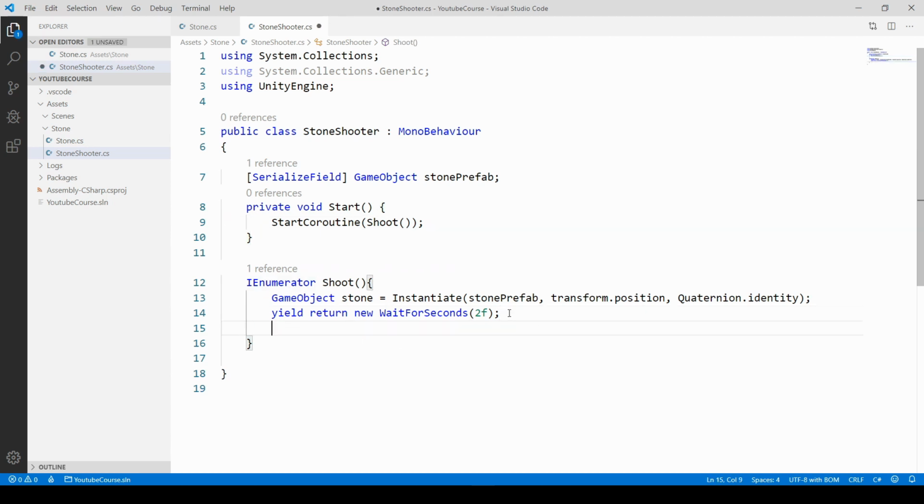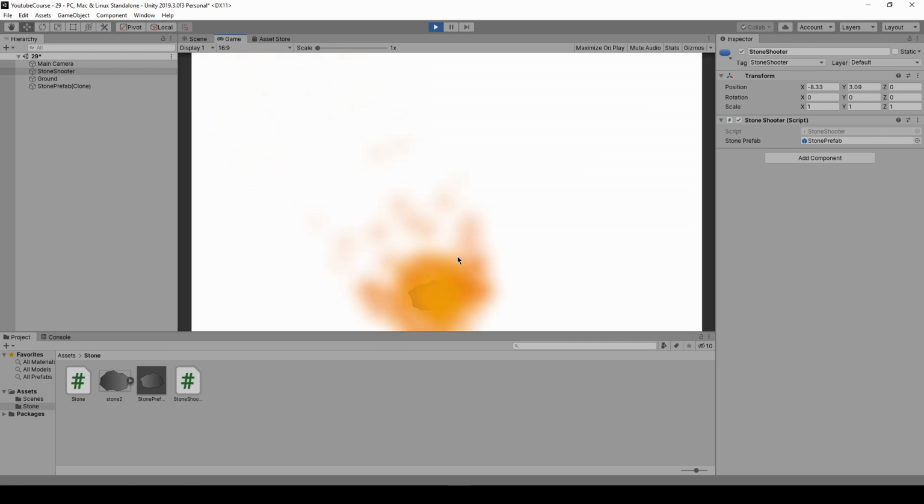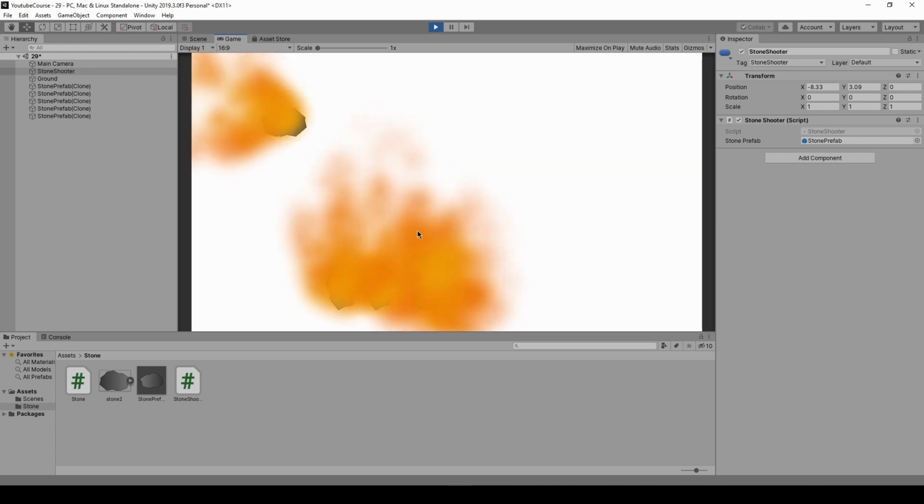After it waited, let's just call it one more time, and it will keep calling itself. So we are creating some kind of recursive method that is calling itself from within, all over again. Start the game again, and now as you can see we've got one stone, a second one, a third one, and we'll get more of them every 2